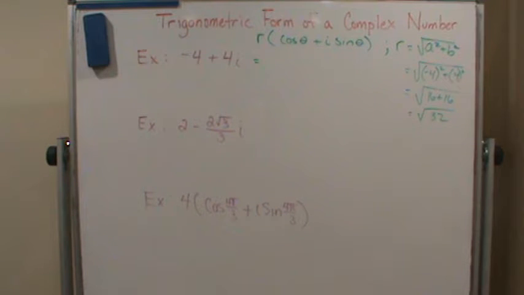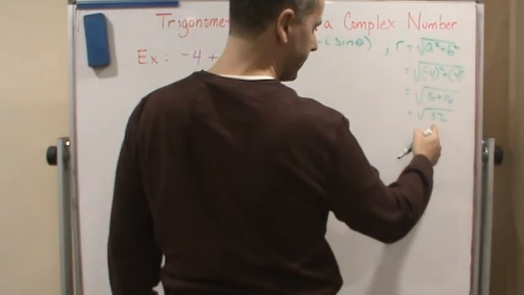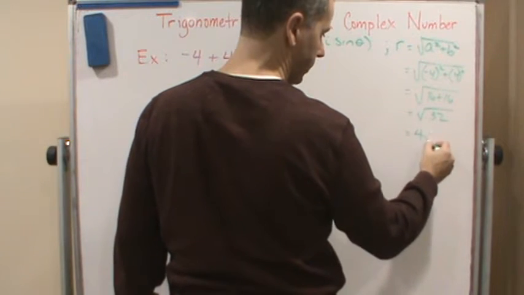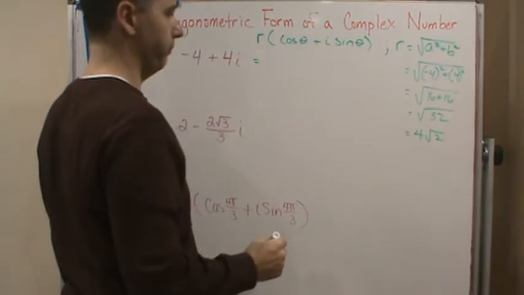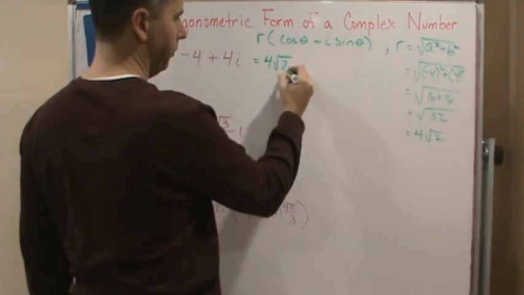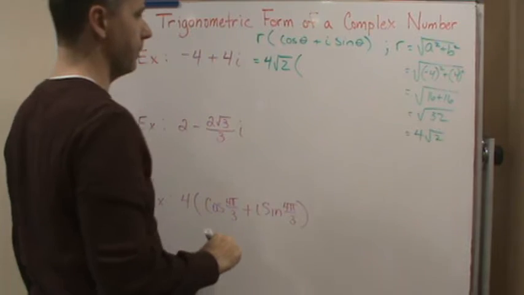And we can simplify that. We've got 16 times 2, so that gives us 4 times the square root of 2. So we get 4 root 2 times